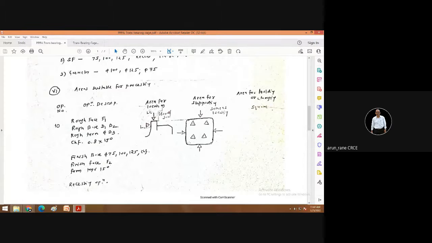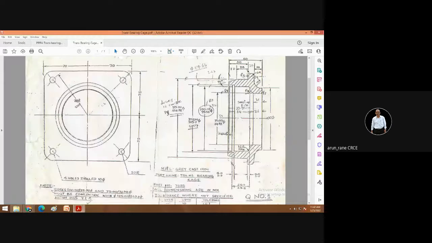So you need to draw the diagram. What happens in the diagram? The person easily understands. You can write in text also, like area suitable for location. You can say square surface, or you name this surface, say F6. You name this surface. You have already named this surface here. That is nothing but F4.